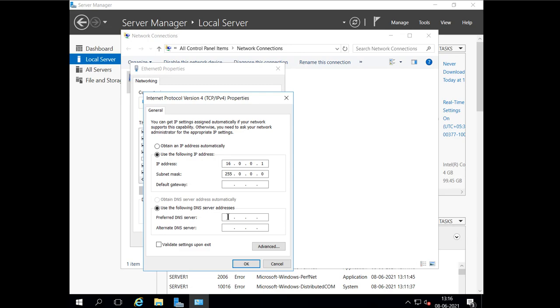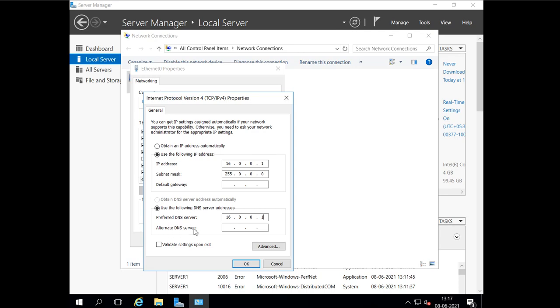Right now we don't have any DNS server. This is the first server we have, and this server is going to be a DNS server. So I will give the same server IP address here, because this is the same server which is going to be the DNS server. If we have other DNS servers, then we can add other IP addresses also.